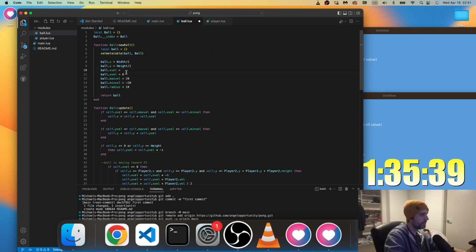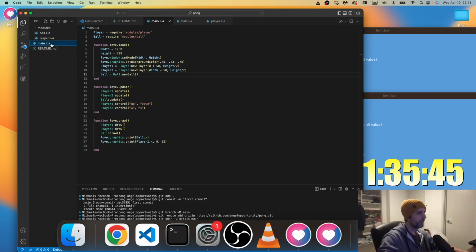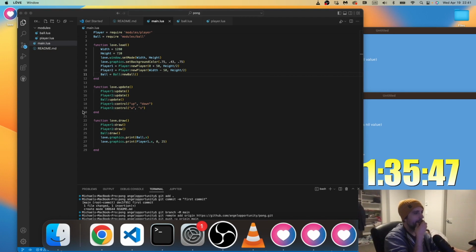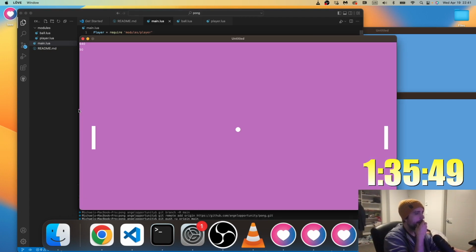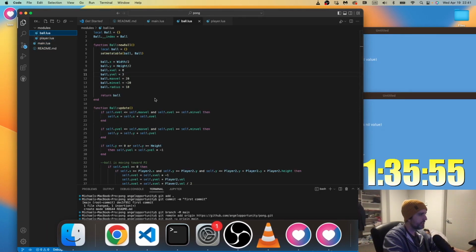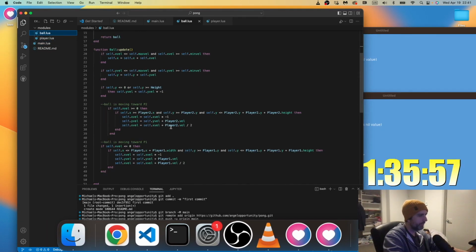Ball, let's just make it 0.3 or something like that. Okay, so the walls are working, but the thing that isn't working now is that velocity transfer thing I was doing, which is strange because it was working before.